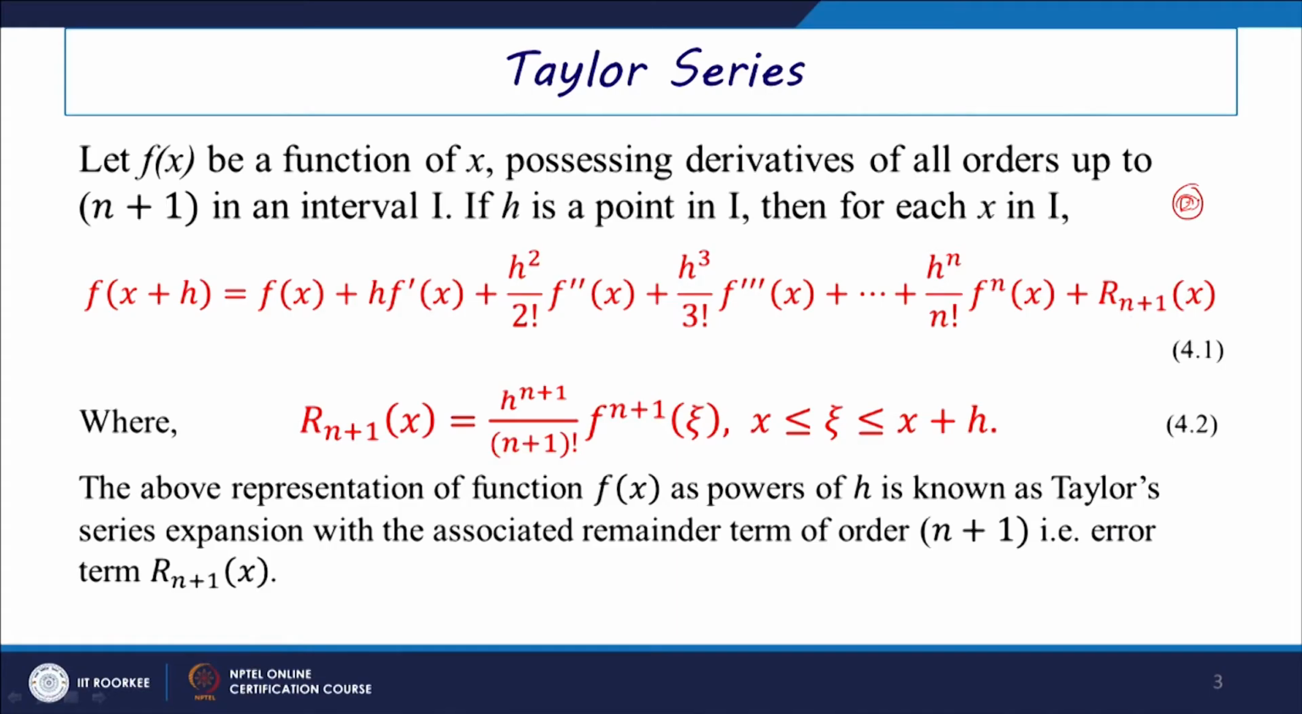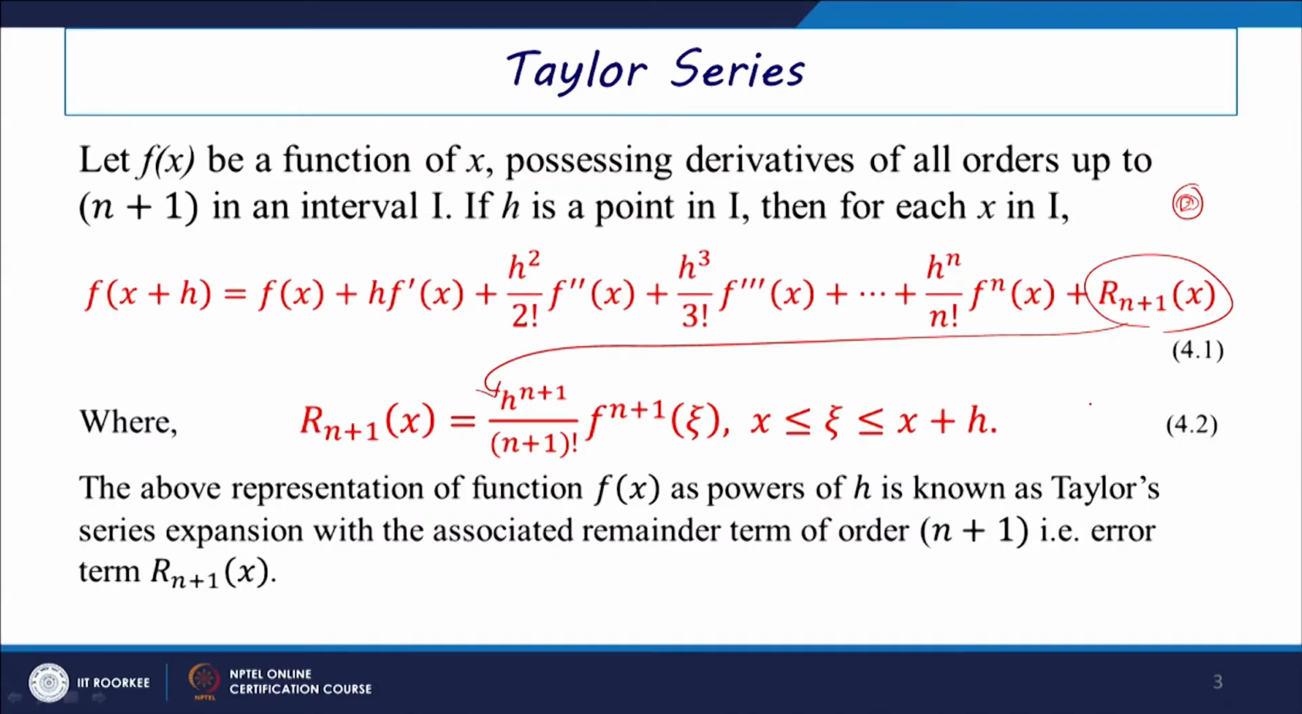This remainder term is written in the form of R n plus 1 of x, which is defined as the n plus 1th power term, that is, h to the power n plus 1 by n plus 1 factorial f to the power n plus 1 of zeta, where zeta lies between x and x plus h. This means that if we are finding this Taylor series expansion at a point x, then